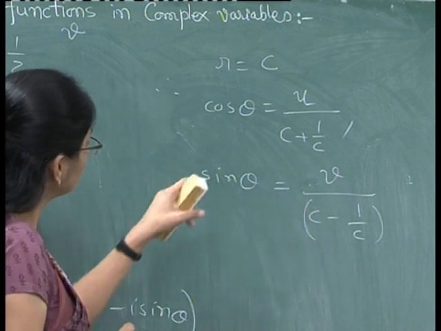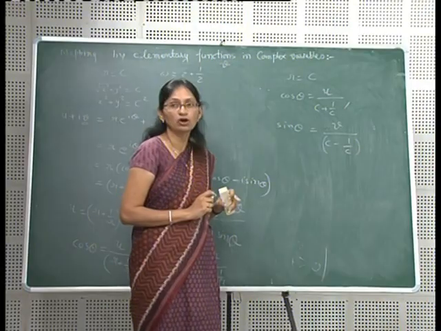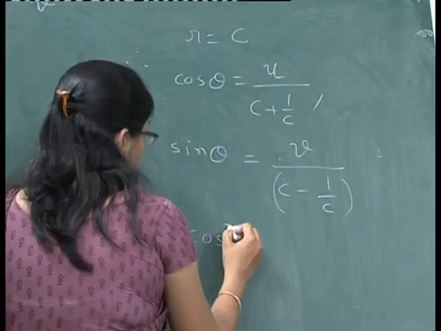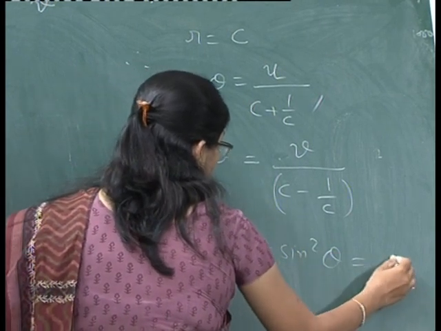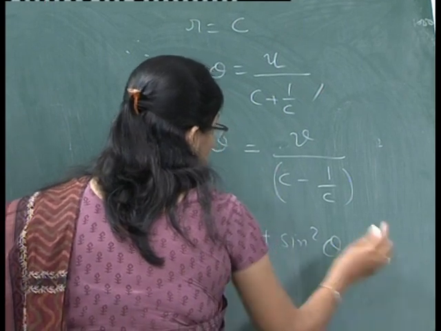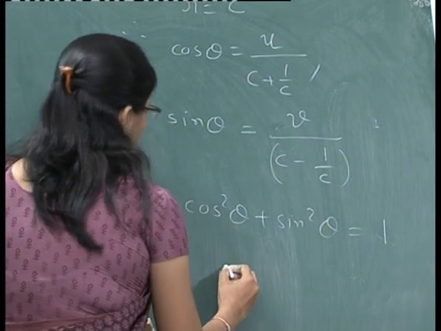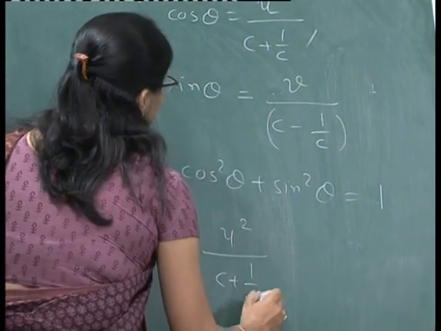Now eliminating theta from these two equations, we know cos square theta plus sin square theta is equal to 1. So substitute the value of cos theta and sin theta from these two equations. So we have u square upon (c plus 1 upon c) square